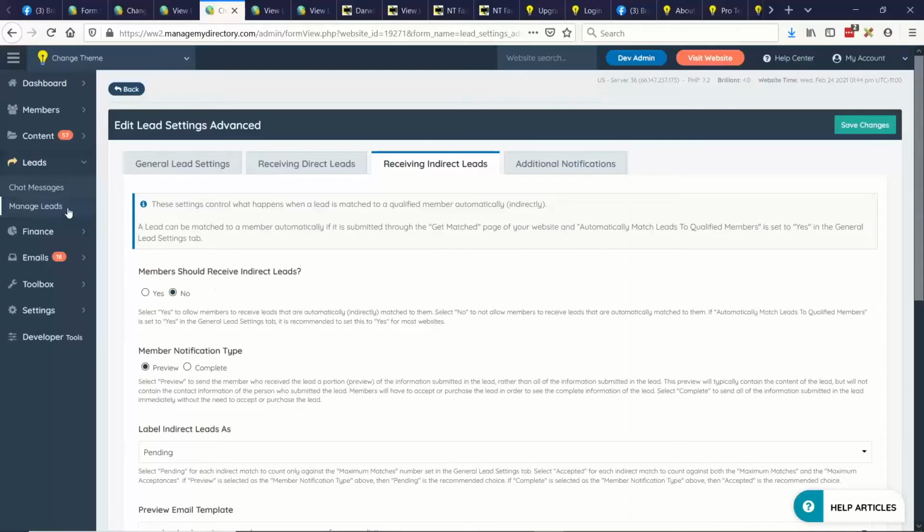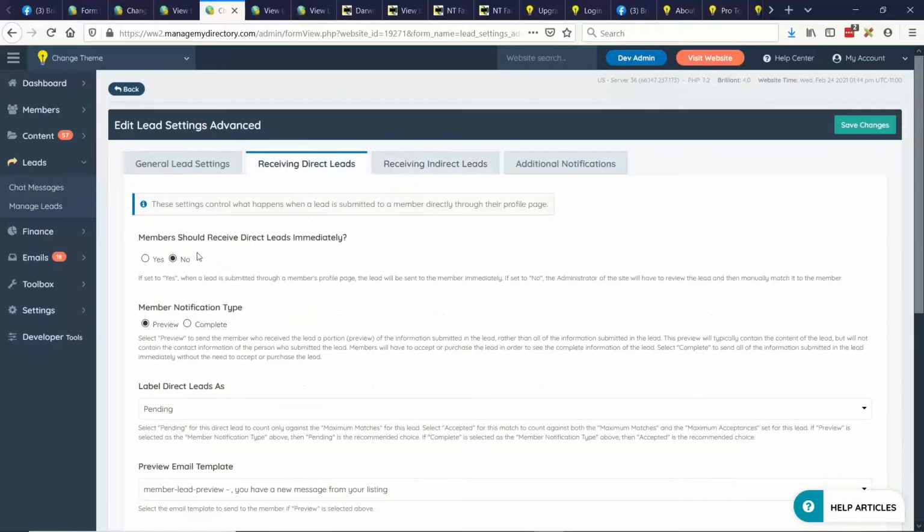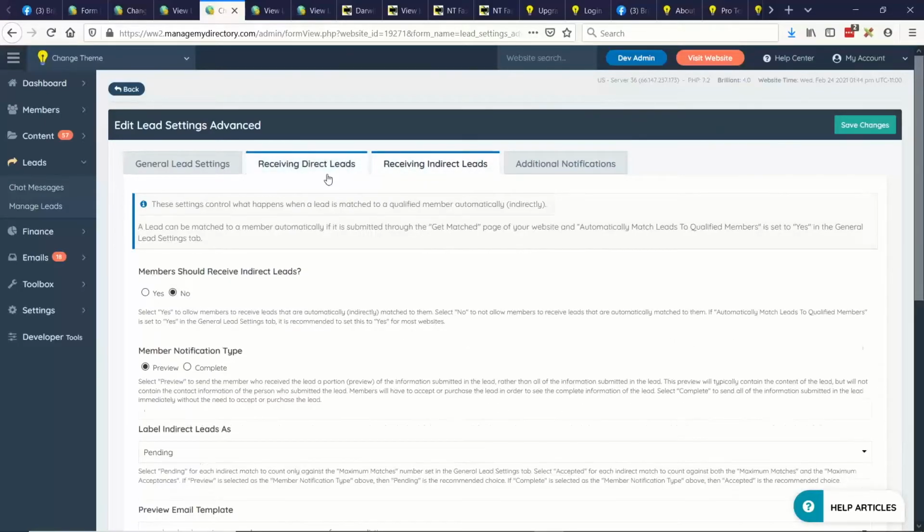And what you can do is then when you receive leads, go ahead and manually match them with members as they come in. But nobody will receive leads automatically as they come in. No one will get notifications if those two are set to off. This will basically be full manual matching when both of these are set to no.